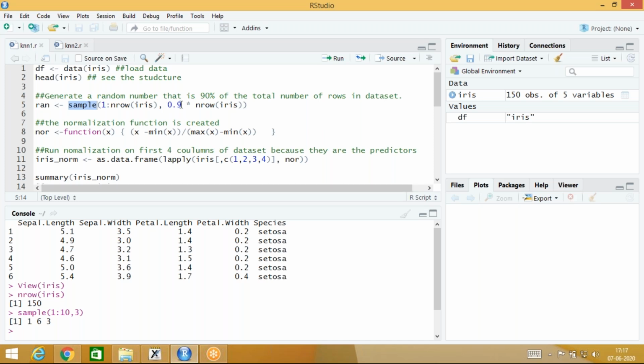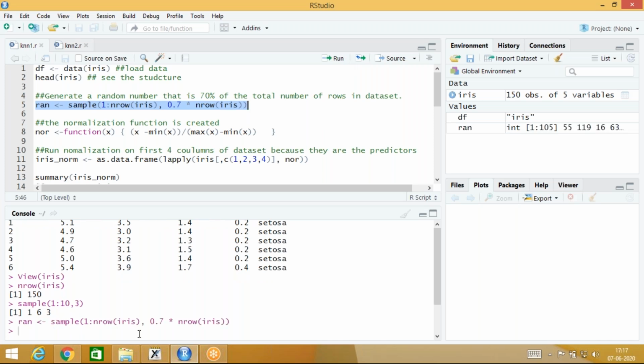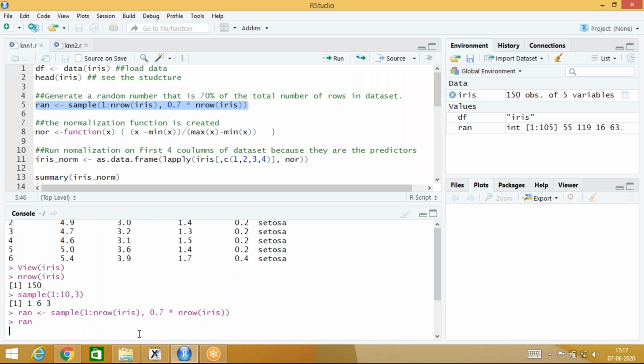So what I would do here is 0.7. I will write 1 to 150, comma, 0.7 into 150. 0.7 into 150 comes to 105, right? So 105 random numbers will be generated and saved in a variable called ran. So this is 70%, not 90%, because we will break it 70-30. If I run it and then check the variable,